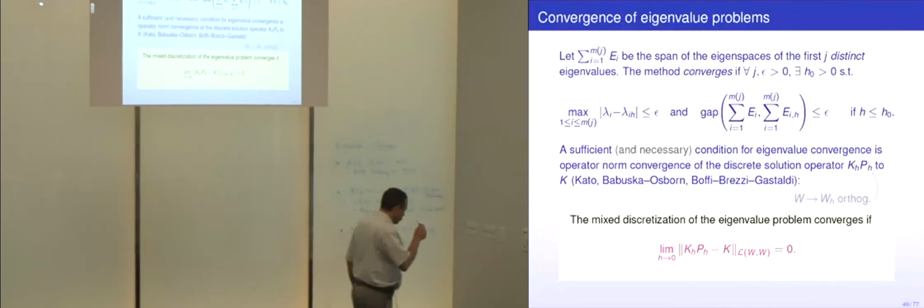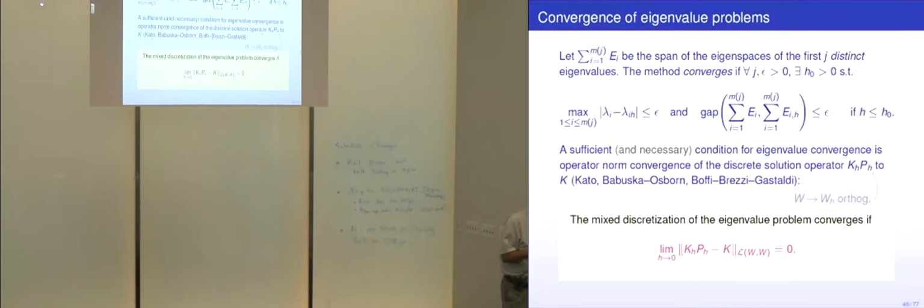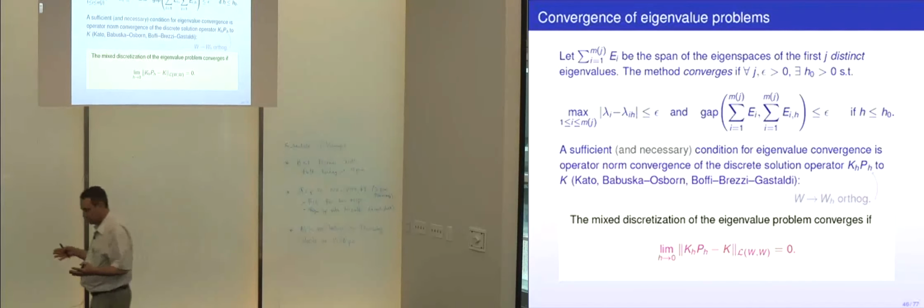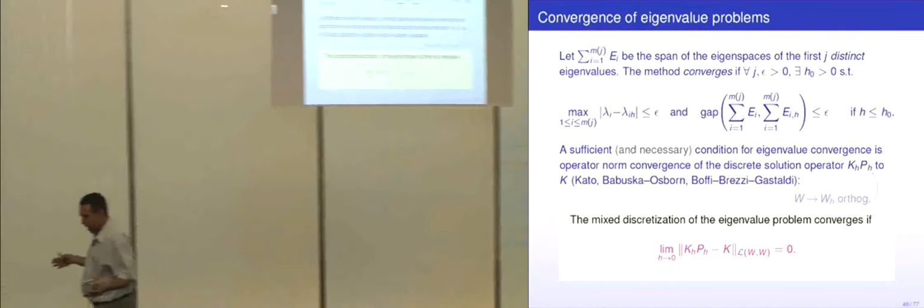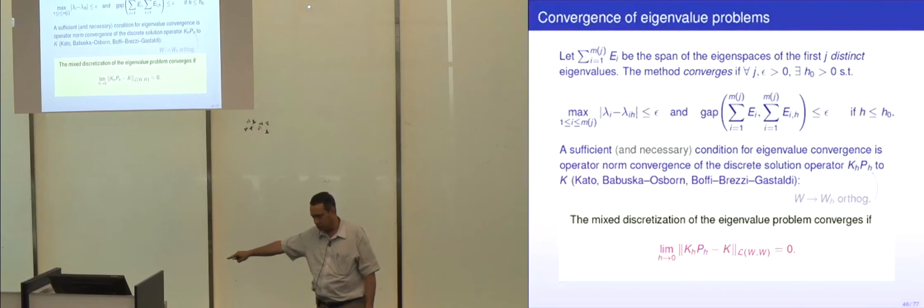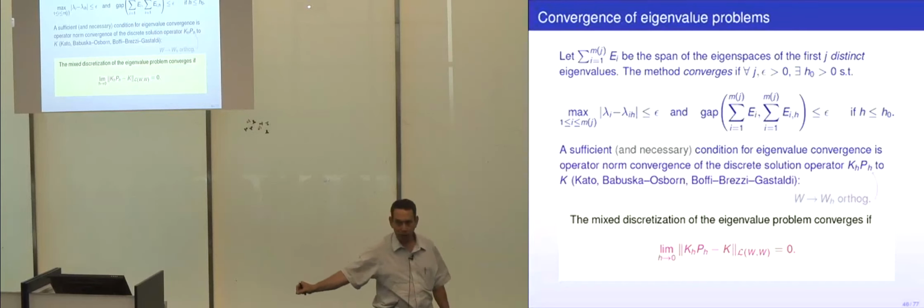The first definition you might write down would say, okay, so you maybe compute 100 eigenvalues, because that's the size of your matrix, and then you compute with a finer mesh and a finer mesh, and then what you want is to sort of follow one eigenvalue and make sure it converges to an eigenvalue of the true problem.